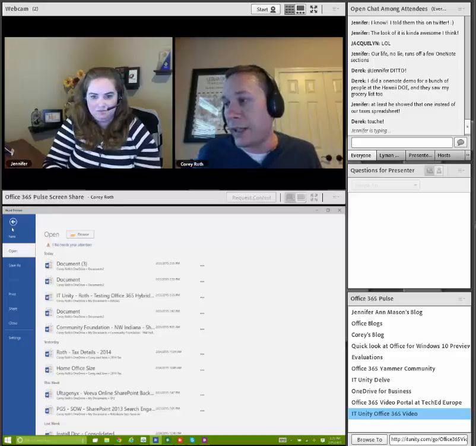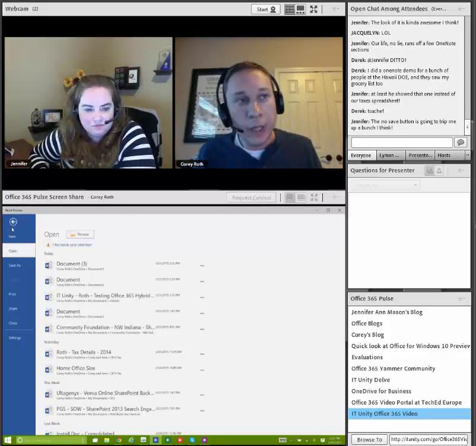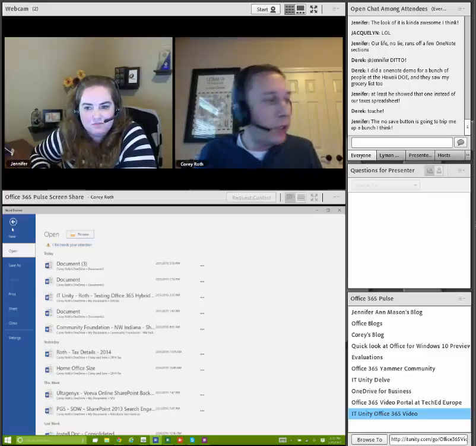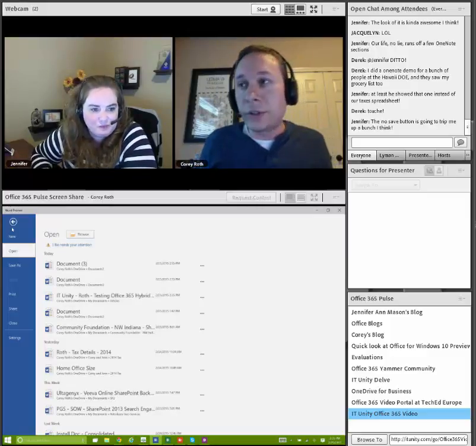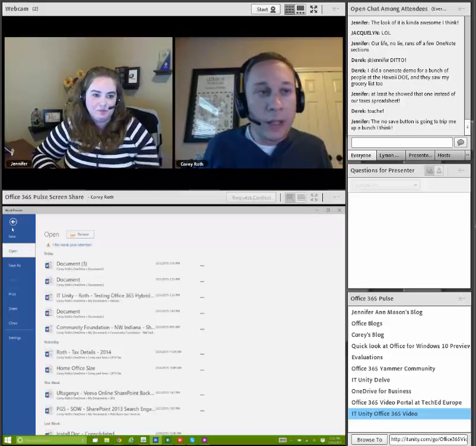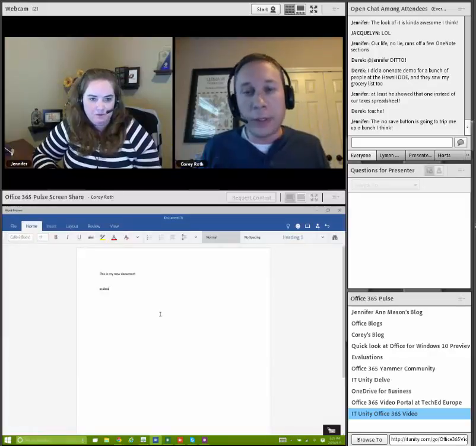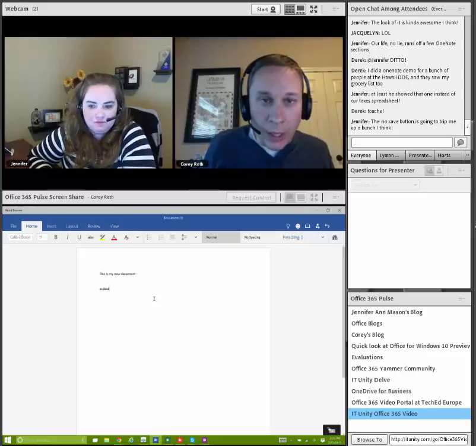And if you're familiar with editing documents like in Office Online or Office Web Apps, it's very similar to that. There's no Save button there either. So that means as you type, behind the scenes, it automatically takes care of it, saves the document as you need, and it really takes a while getting used to.